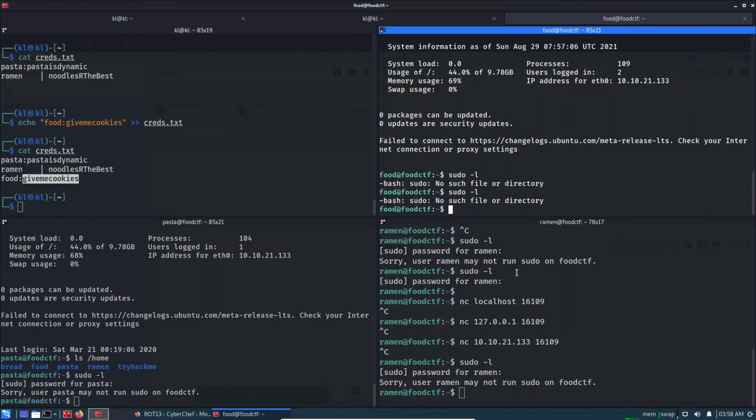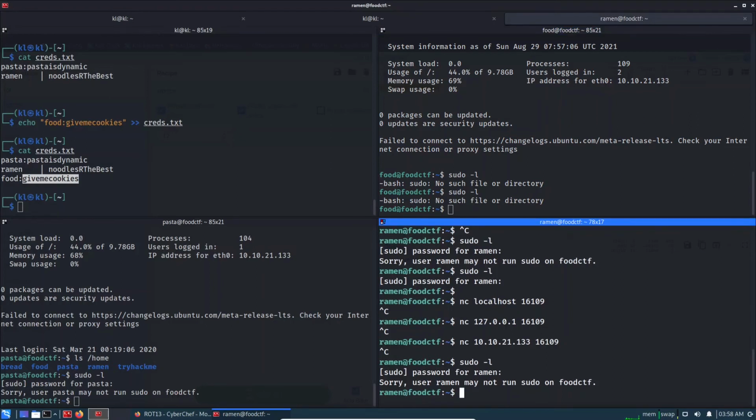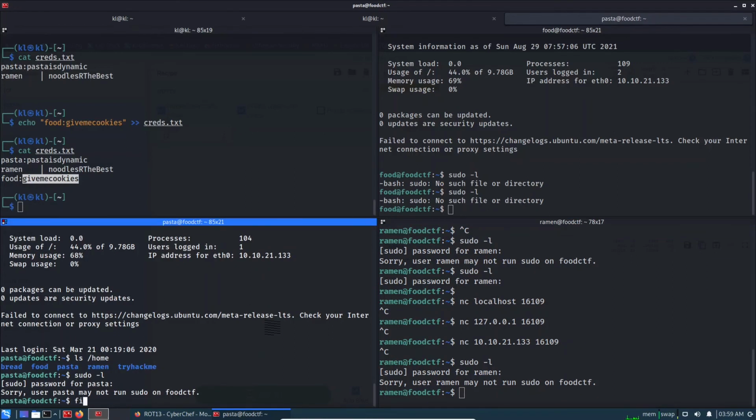So let's try with the find command, UID 0, hyphen permission 4000, type file, 2>/dev/null,